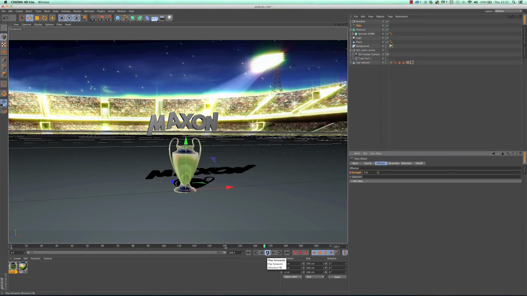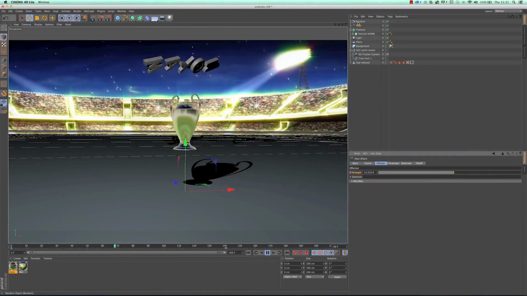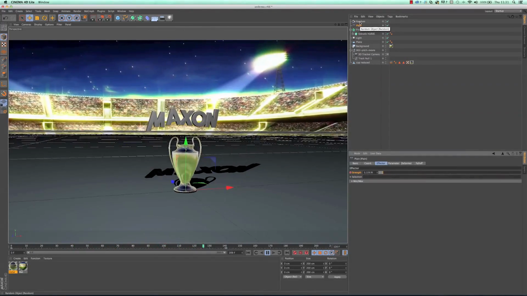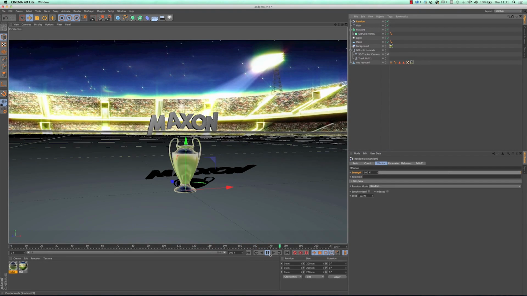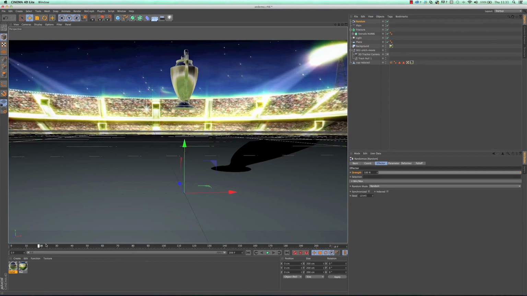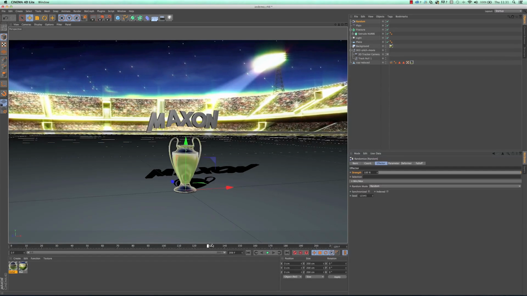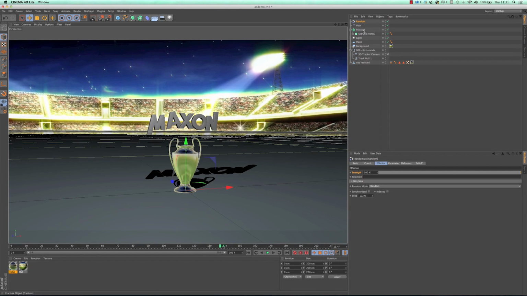And also what is nice is the following. You can stack effectors, so we've also got this random effector to play with now, so we can have a look at that. So remember, that's the second effector, and you can stack as many effectors as you want, but of course with Lite you only have a couple, but it's just to give you a taster, and they are very powerful anyway. So we've got this movement going on. Let's have a look at the random effector and see what we can do with that one.